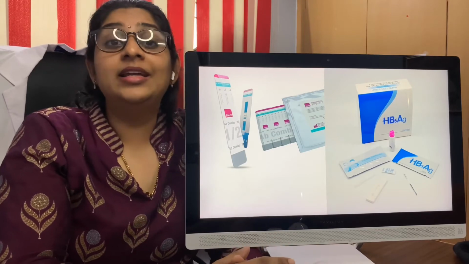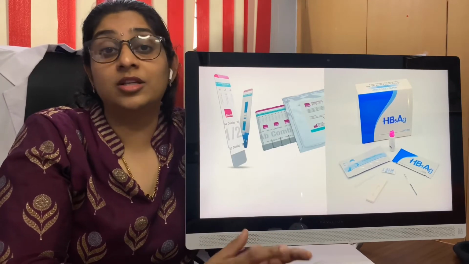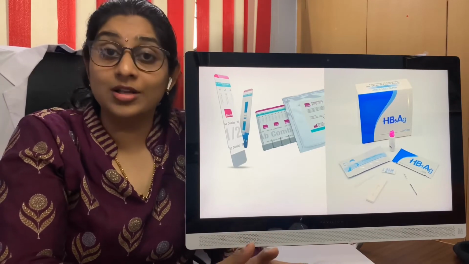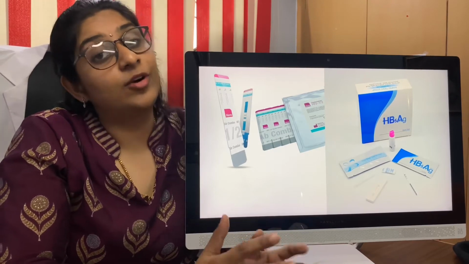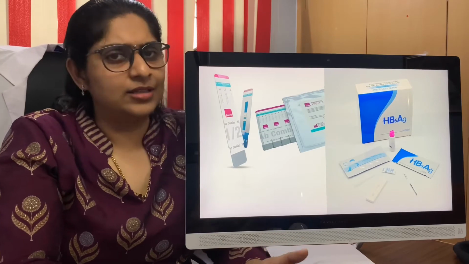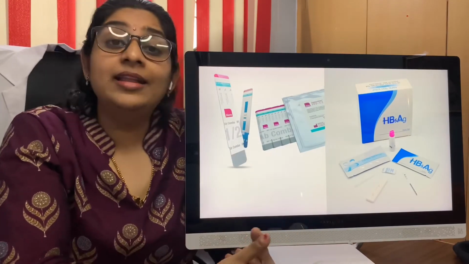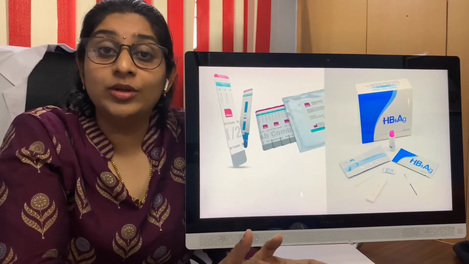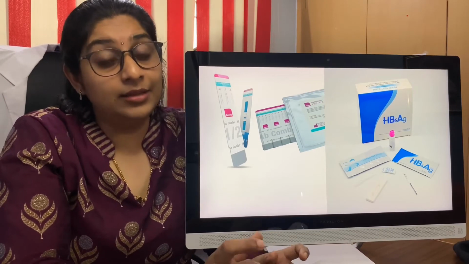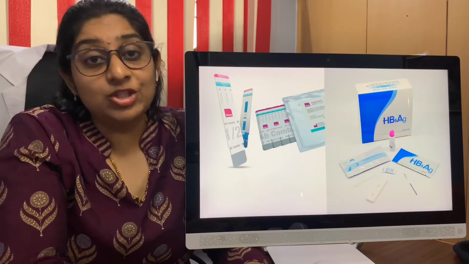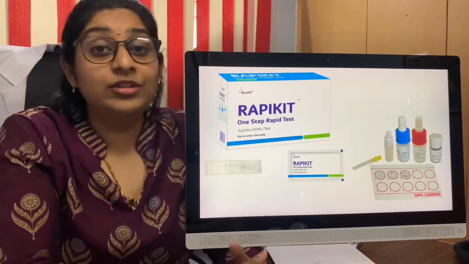Apart from that, if you are associated with a dermatologist, venereologist or cosmetologist, they would prefer to do these tests on a regular basis for their patients for different reasons. So this is an HIV card. For the HIV card, you have 1 and 2 in a combination, or you have the Tridot test also available in the card method, and then you have the HBsAg card, and then you have the VDRL.